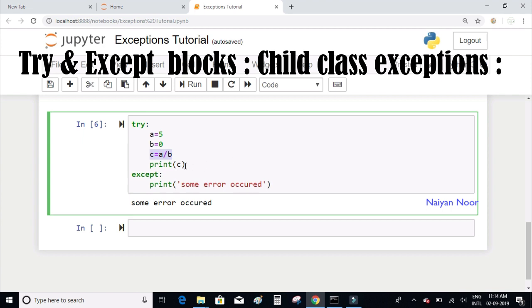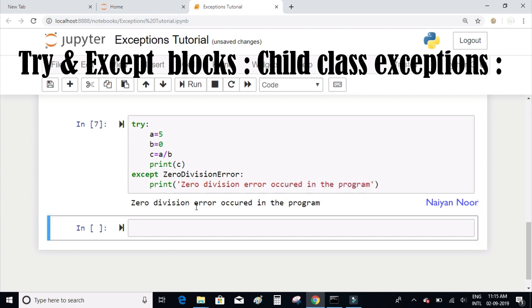Okay, so let me write here. Instead of except using the base class, I'll write the child class ZeroDivisionError, and I'll say ZeroDivisionError occurred in the program. Okay, so now with the help of these child exceptions, you can print a meaningful message when the program goes into exception. So now this program works fine, but I would like to inform you that our program